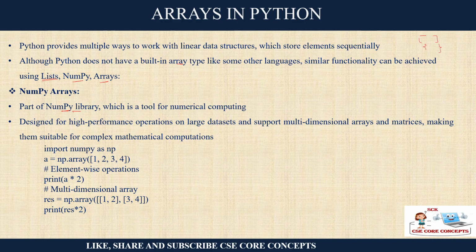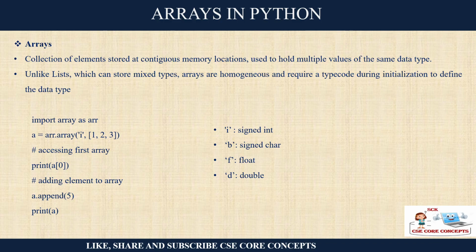So this is the other way. One is the list, which we have already studied. Another way is the NumPy library, and another way is using the array module. It will help you store data in contiguous memory locations, simply like an array of the same data type. In a list, the data can be of mixed data types, which we have already seen. You can make a list which contains data each belonging to a different data type. But in an array, your data type has to be the same. So they are called homogeneous, not heterogeneous. And you require a type code during initialization.